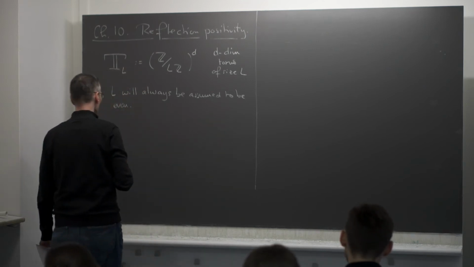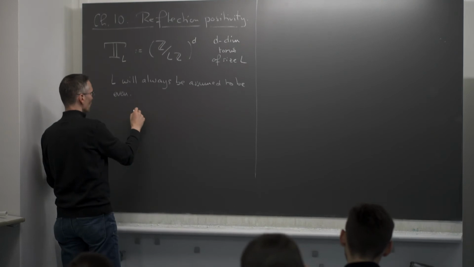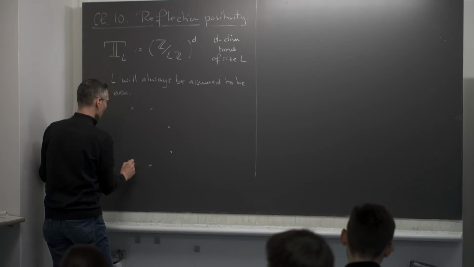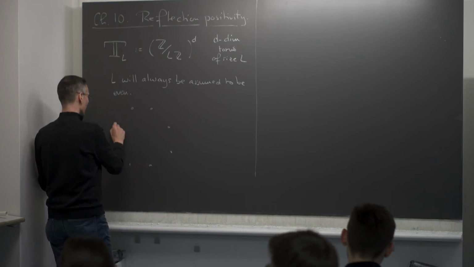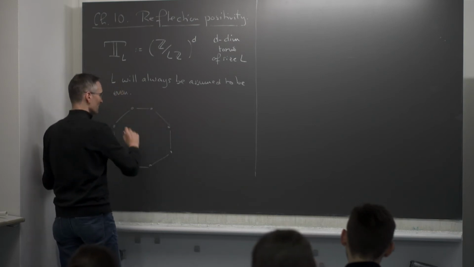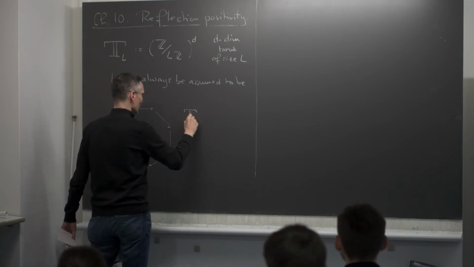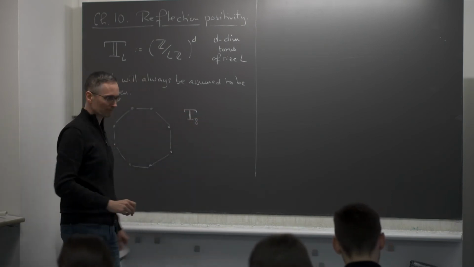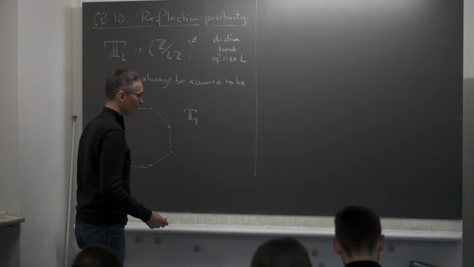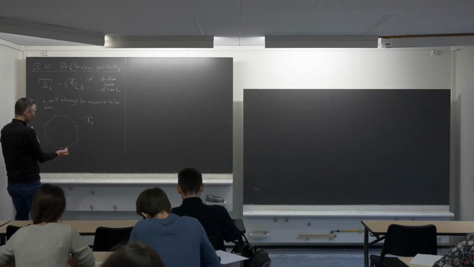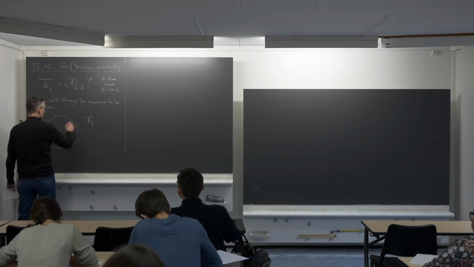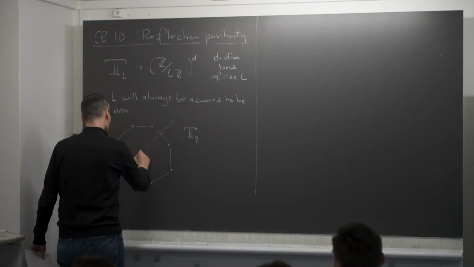So let me introduce these reflections, what I mean by them, in a bit informal way. Very simple thing that I want to discuss. Let's take, I'm drawing the one-dimensional torus because it's easier. Okay, so that's the one-dimensional torus of size 8. That's T_8. Okay. And now I'm going to consider reflections of the torus, reflections that leave the torus invariant, through planes which go across edges. So I will take a plane like this one.